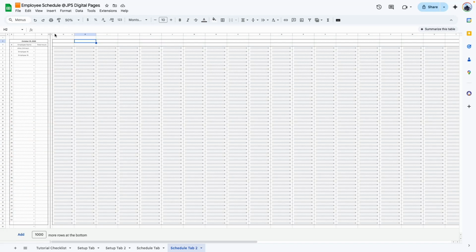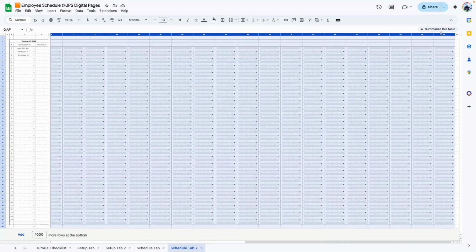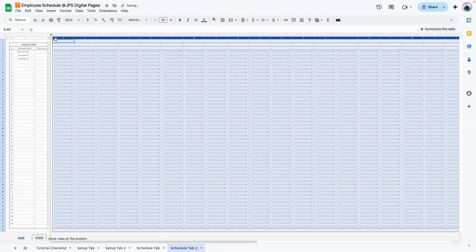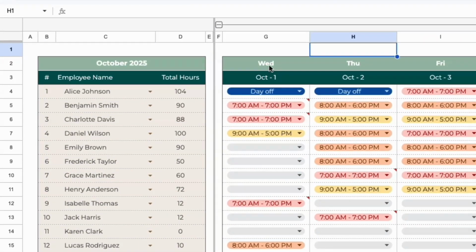To collapse it, select G all the way down to AP. Go to View, Group, and group G to AP. Now we can click on the icon here to open it up or collapse it. The next thing we're going to do is we want this day to show up here and the dates to